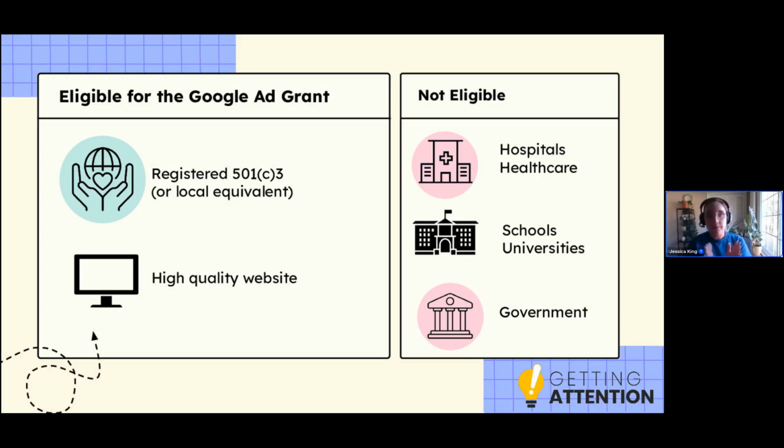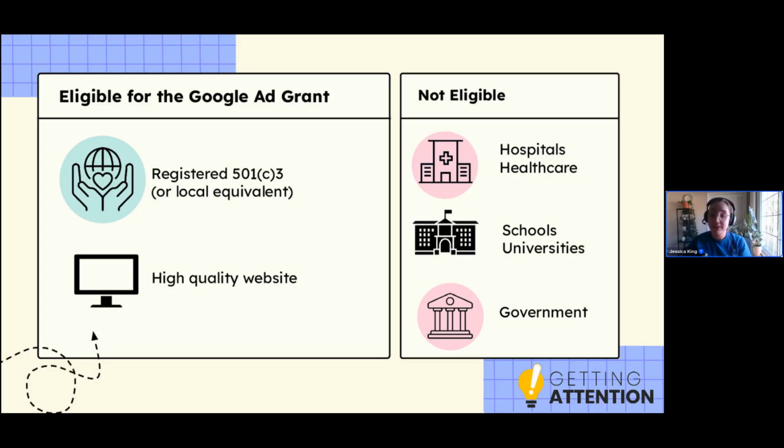The good news about the mission relevant content is that the bar for that may not be as intimidating and as high as you might be thinking, just hearing me talk about it. I'm talking about a really fleshed out, really robust website. That is the goal. But if you're looking to get this going and then continue to build over time, that's totally okay. I've seen one page websites get approved for the grant.